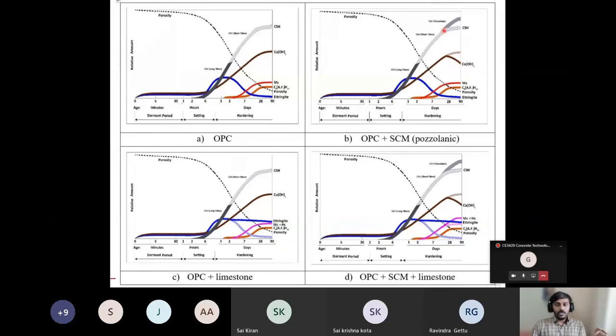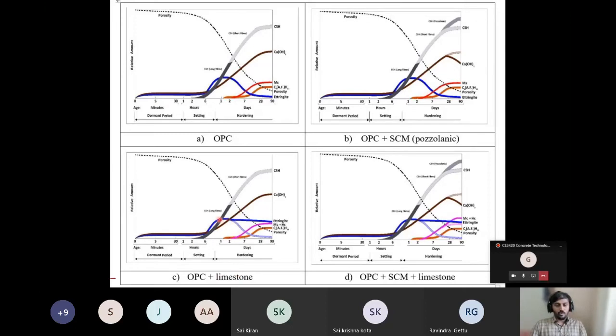This in turn will lead to an increase in some amount of pozzolanic CSH, right? So there is more CSH which is formed, which starts contributing to properties more slowly, right? When you replace OPC with just limestone, interestingly, what happens is this blue curve which you see here,